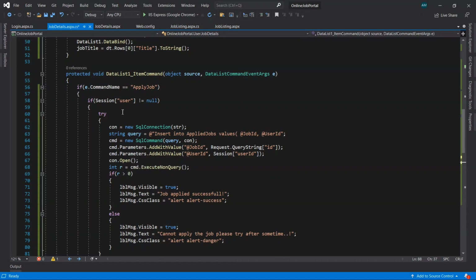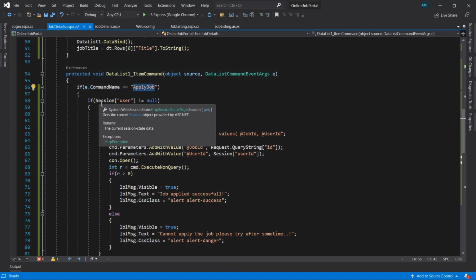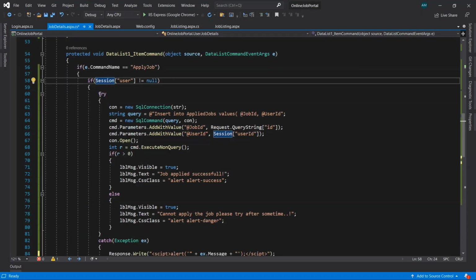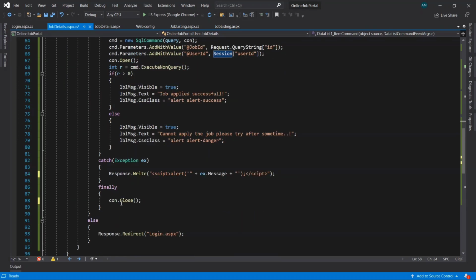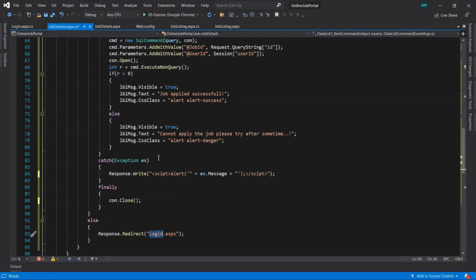Now when we click on the button, it will call this event, and first check whether this event has been called from that page only. Then it will check whether the user is logged in or not. If not logged in, it will take the user to the login page to log in first, then come back to this page.